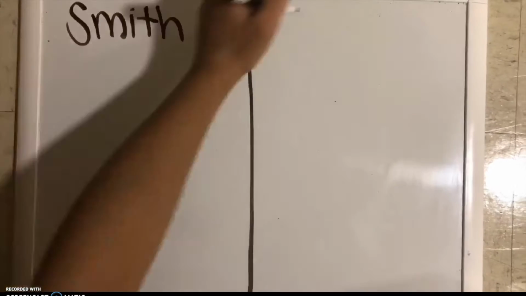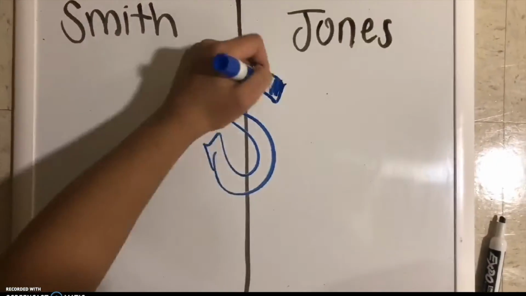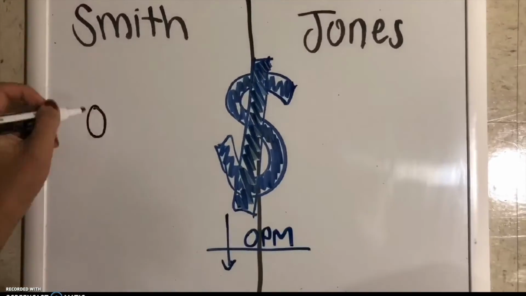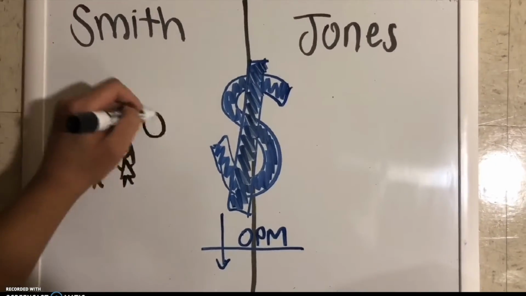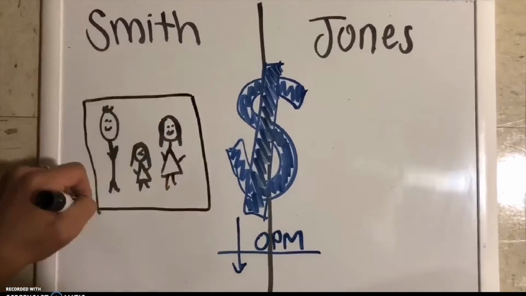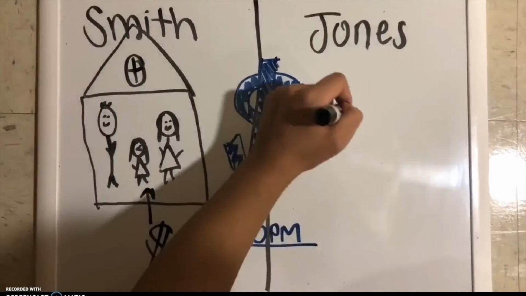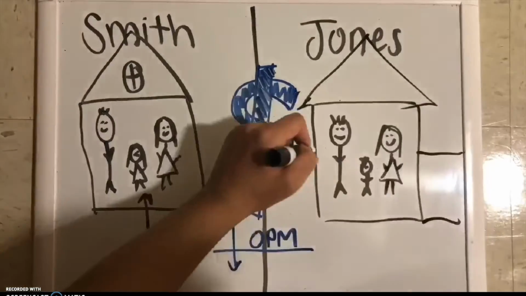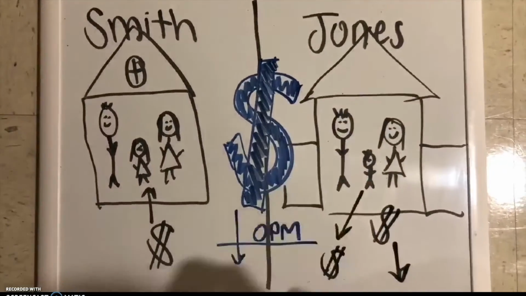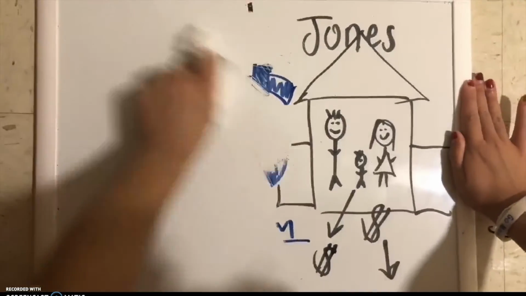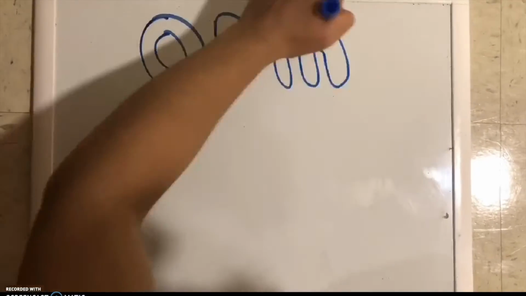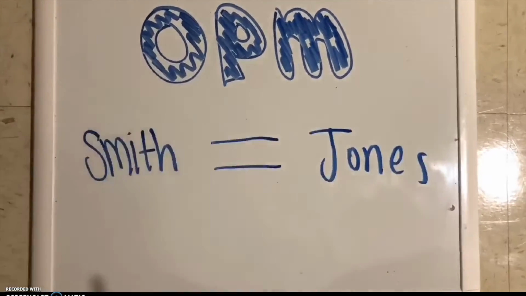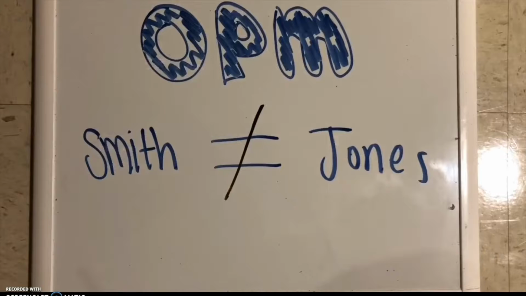For example, let's look at the Smith family and the Jones family. Both families are making the same income, and both fall below the poverty line according to the OPM. The Smith family receives a housing subsidy as an in-kind benefit, while the Jones family lives in a more expensive housing area and does not. The Jones family also has to pay for child care so that both Mr. and Mrs. Jones can go to work, while the Smith family's child is old enough to go to school. Based on the OPM, the Smiths and Jones are at the same level of economic disadvantage, while in reality, the Jones are struggling more than the Smiths.